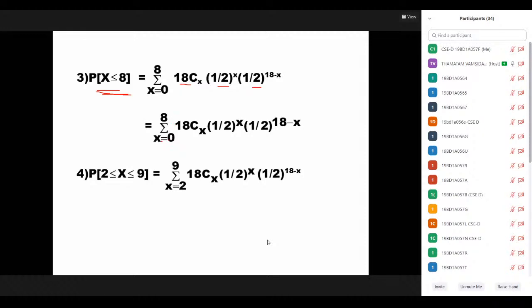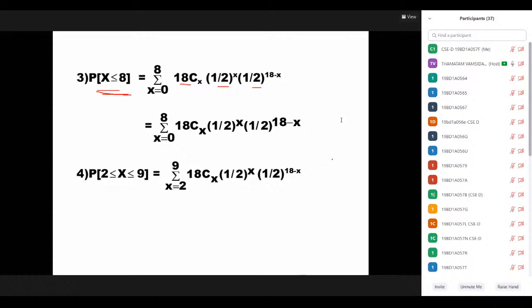First, x equals 0 means 18C0 into p power 0 into q power n minus 0, plus when x equals 1, 18C1 into p power 1 into q power n minus 1, plus 18C2 into p power 2 into q power n minus 2